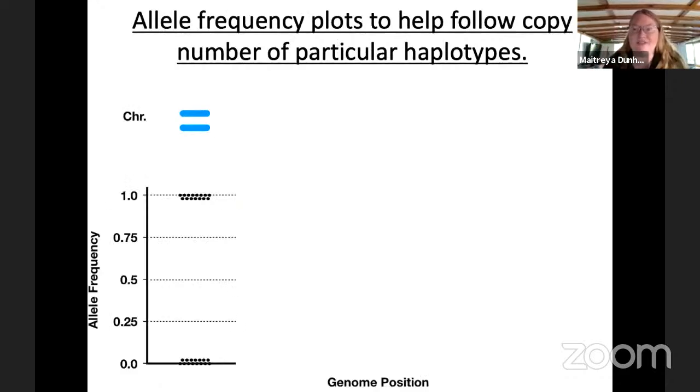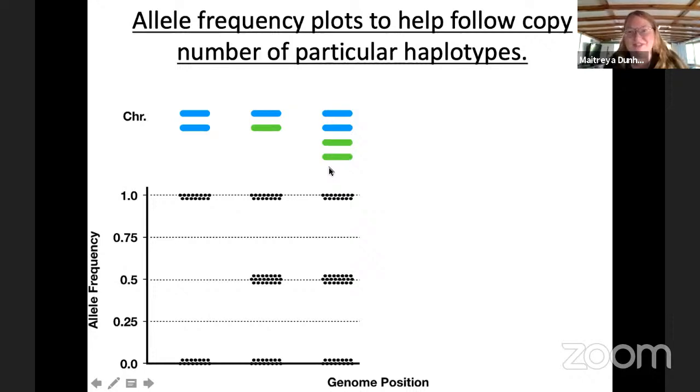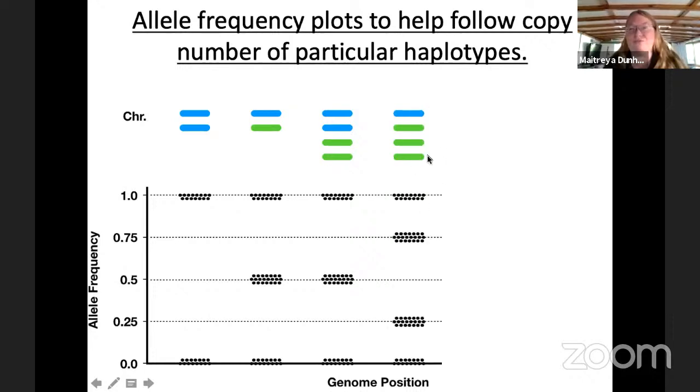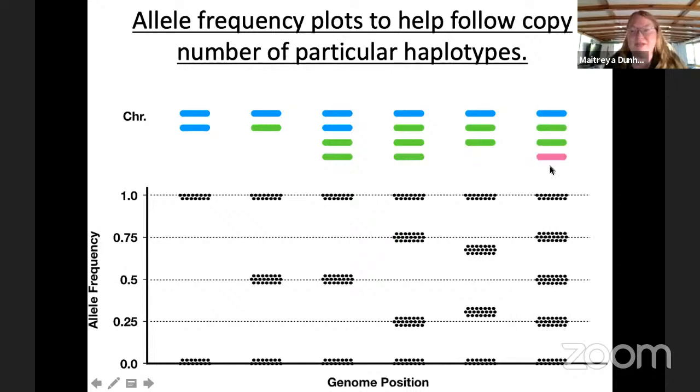And the data to understand this is really complicated. It's an allele frequency plot. You can imagine, if you're homozygous, then you only have one choice. If you're looking at allele frequency at different sections of the chromosome, you have to be fixed if you're homozygous. If you're heterozygous, now you can have some sites that are at 50% allele frequency. And that's the same if you're a diploid with 1 copy of each, or a tetraploid with 2 copies of each. But things start to get more complicated once you throw in mix and match, or different copy numbers. And of course, if you have multiple haplotypes to keep track of, you can start getting all sorts of patterns based on the variants that are shared among these haplotypes and which ones might be unique to a single haplotype.